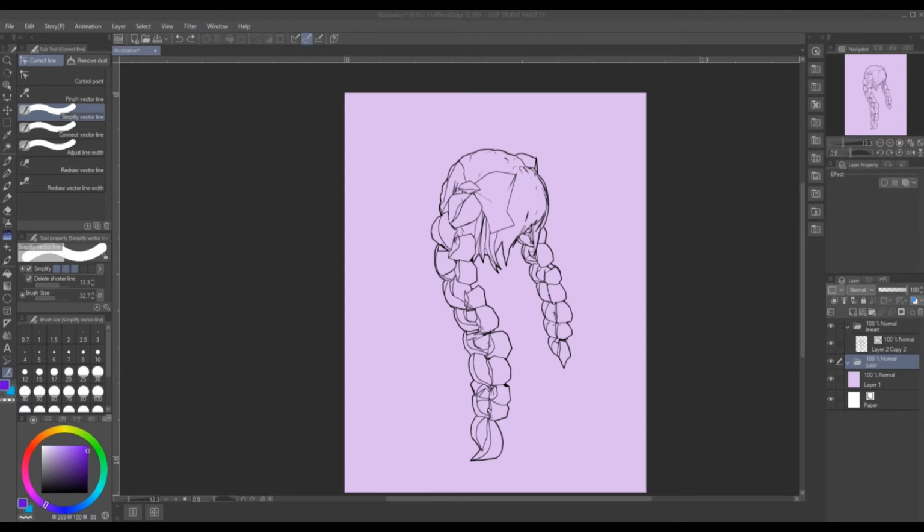Today I would like to show you how I personally do hair in Clip Studio art, or Clip Studio Paint. I always call it Clip Studio, I apologize. Anyway,